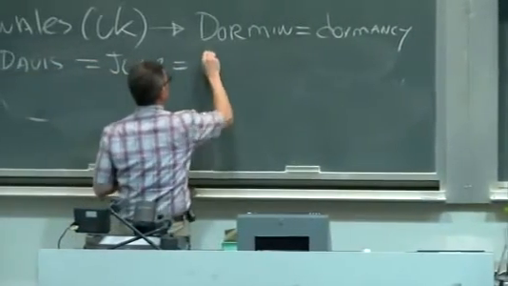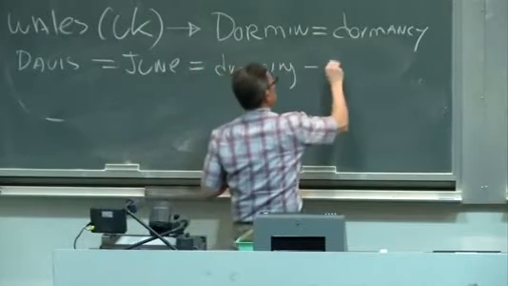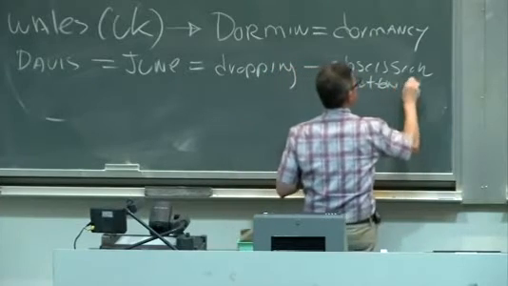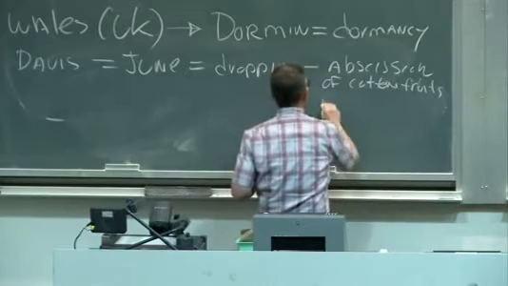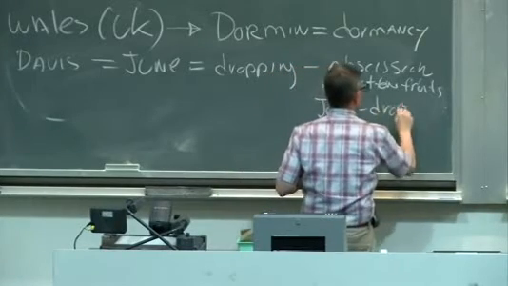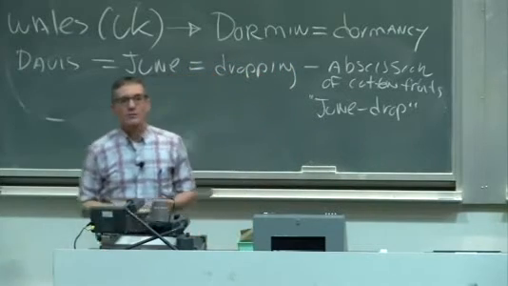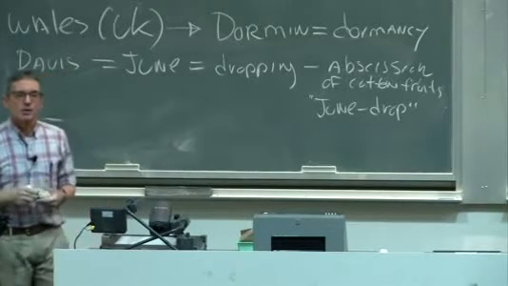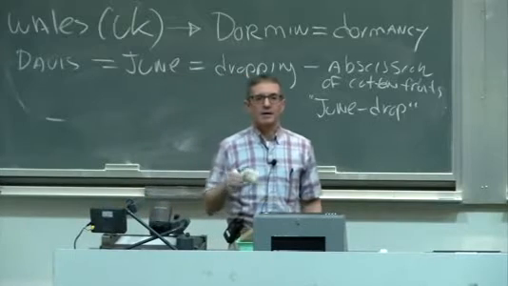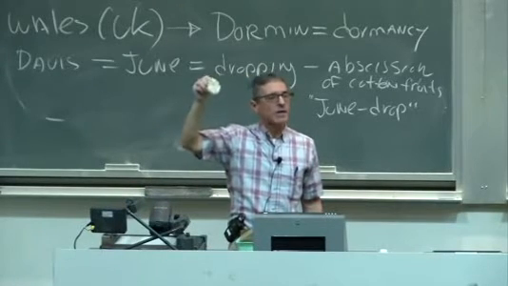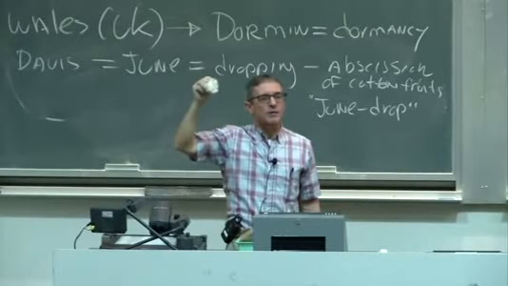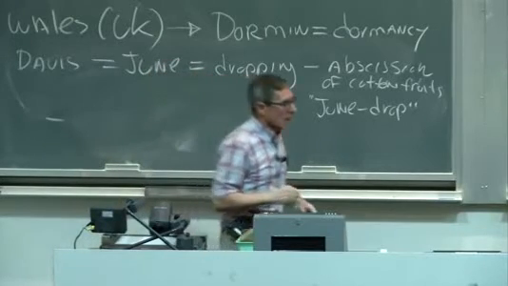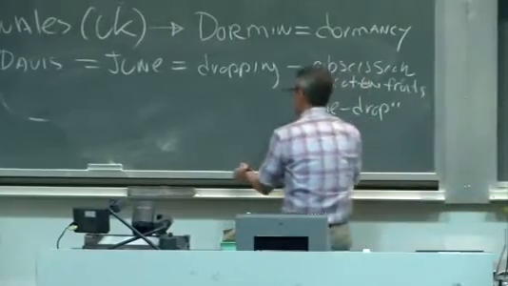we found that there was a dropping or an abscission of the cotton fruits, so-called June drop, they described it as. And of course, when the cotton fruits fell off, that decreased how much money they could get because they could harvest less cotton. And so they asked the people at Davis to try and analyze what was going on in these plants. They didn't have a disease. That was quite clear. But there was something else going on in the plants which caused this June drop and hence a loss in their money. And so what the people at Davis did was to,